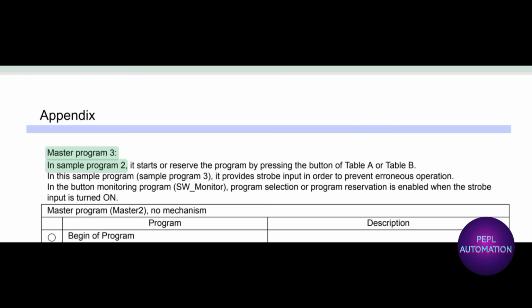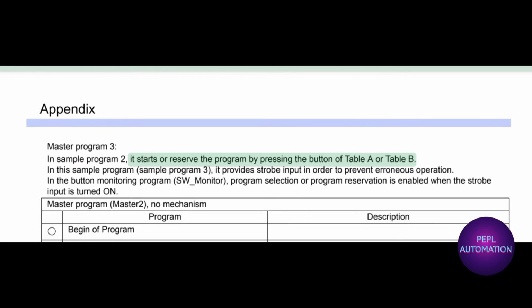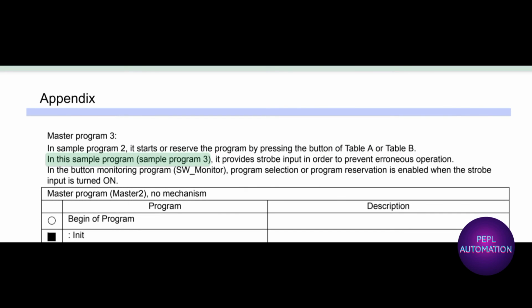OM10090882E17. Master Program 3. In Sample Program 2, it starts or reserves the program by pressing the button of Table A or Table B. In this sample program, Sample Program 3